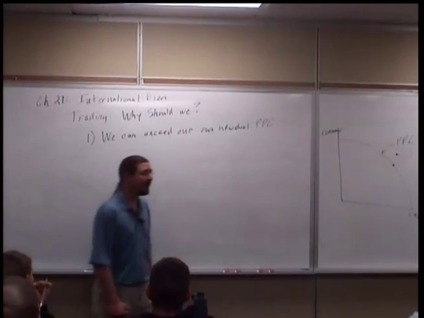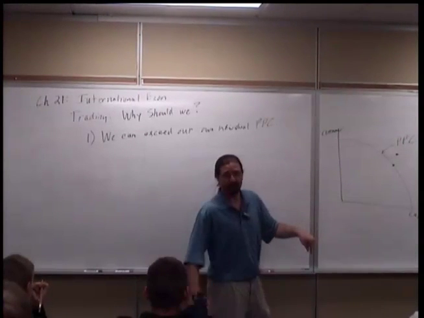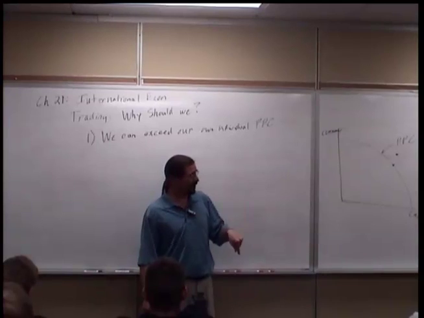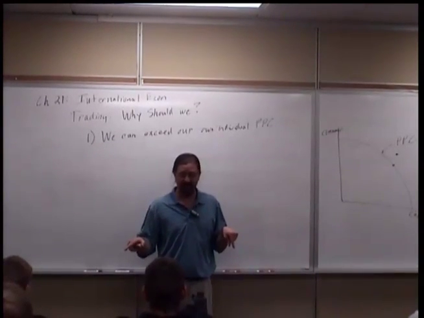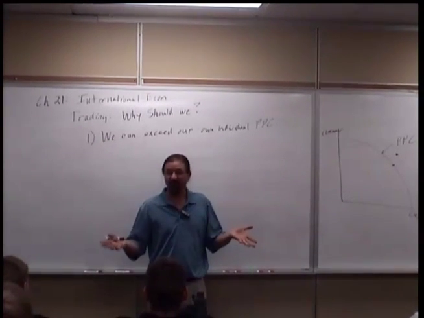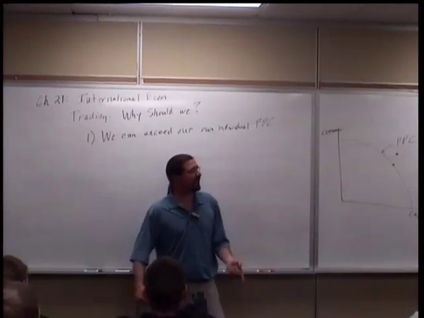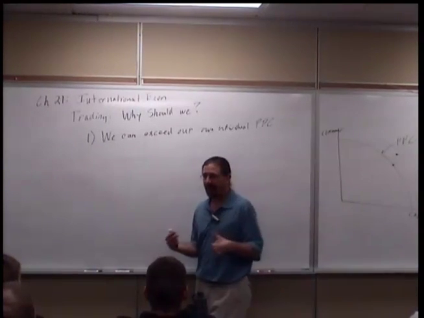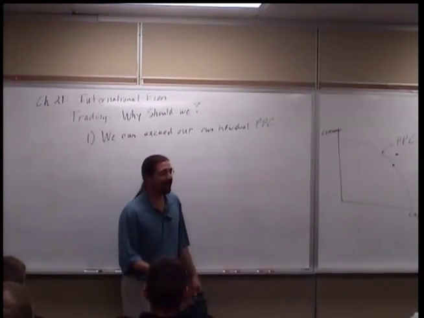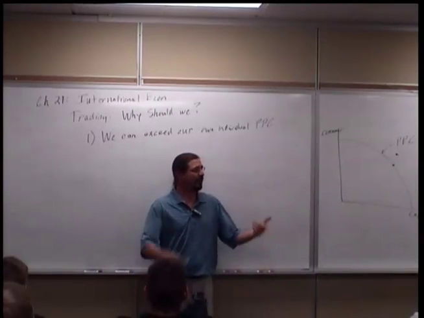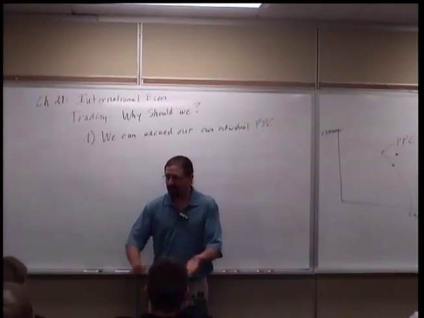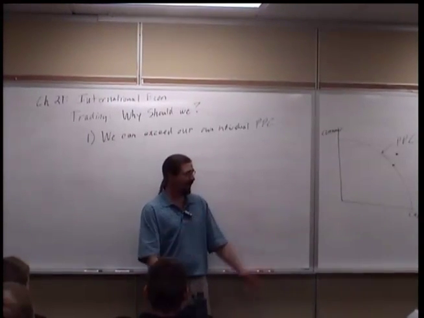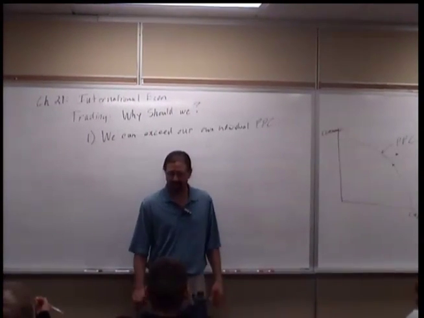But if we can trade, since we are very good in this portion of the country at growing corn, that's what we should do. Because it's easier for us to grow corn than it is for the people in the Sahara Desert to grow corn. Go figure, right? But those people in the Sahara Desert could potentially do something that we can't do. Make lots of glass. Well, one, they could produce glass, but the other thing that they can do is mine for gold, platinum, uranium, silver, gems, and jewels, and that's where most of those particular items are being mined right now, in the sub-Saharan African deserts, right?